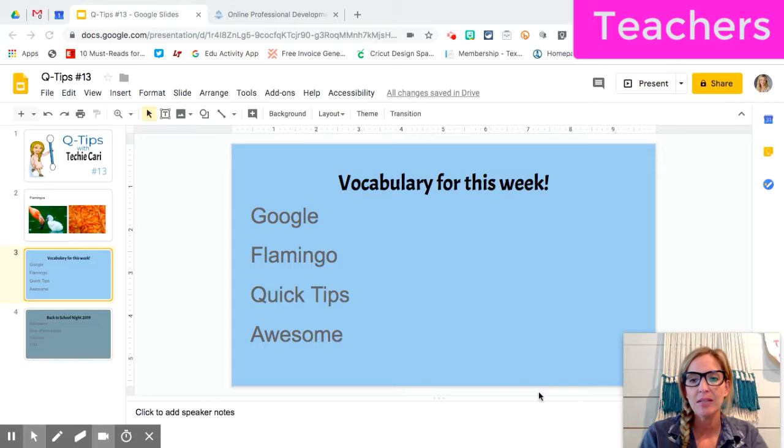All right, let's talk about the teacher and administrator uses of the closed caption. Now they're going to be pretty similar, and I have two different examples to show you. But the first thing, so for instance, you're teaching a lesson on vocabulary as a teacher, and you've got some ESL kiddos, you've maybe got some kiddos that have a hearing impairment, or maybe you just have some kiddos that need some extra reinforcement. So I'm not saying that you need to type up every single thing that you do